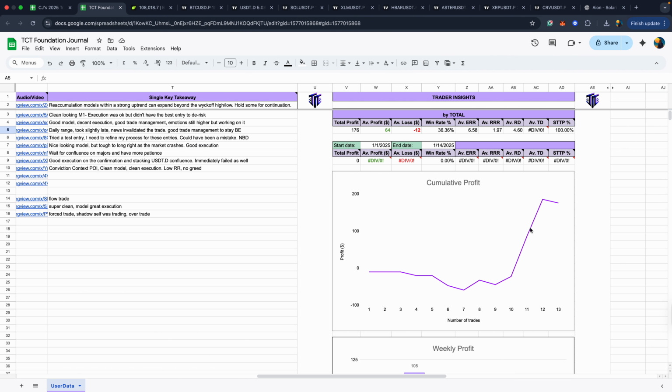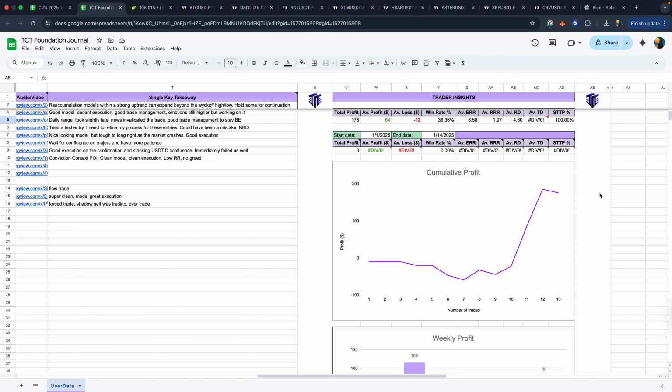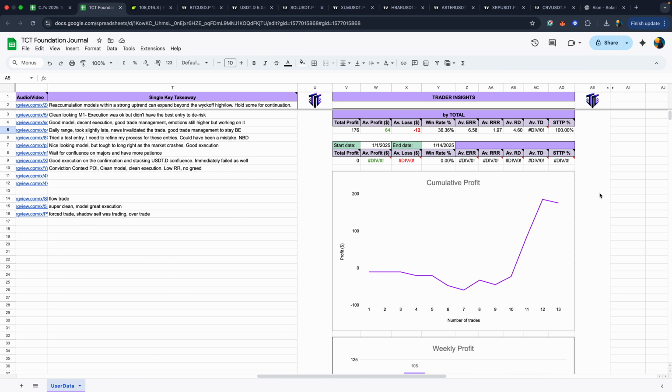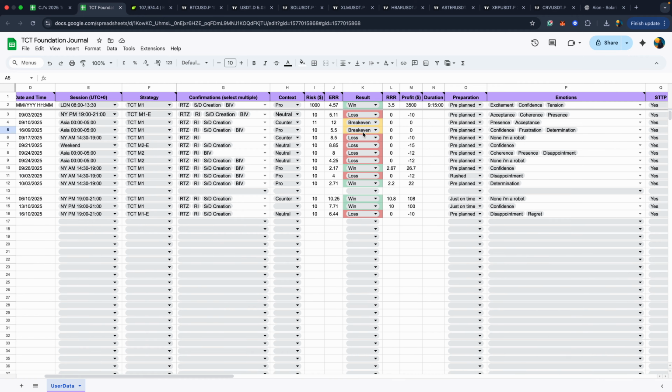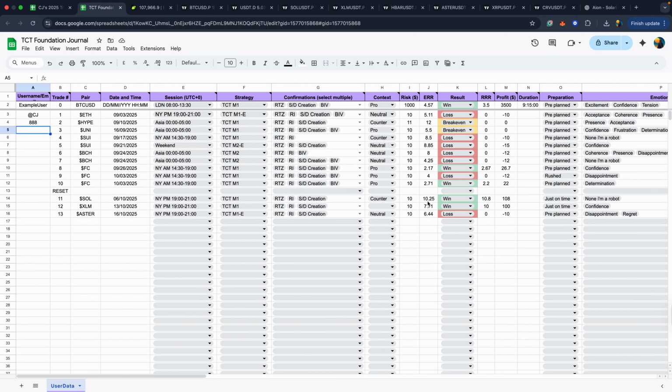Look at our equity curve here. This is the power of the TCT system. If you stay consistent, if you stick to your rules, our win rate is only 36%, but we're up 17.6 RR. So it's just very cool to show the power of the system. Yes, we take this loss here, but